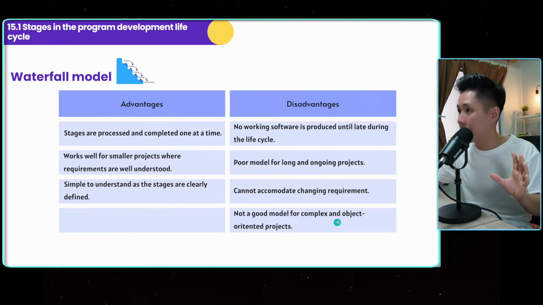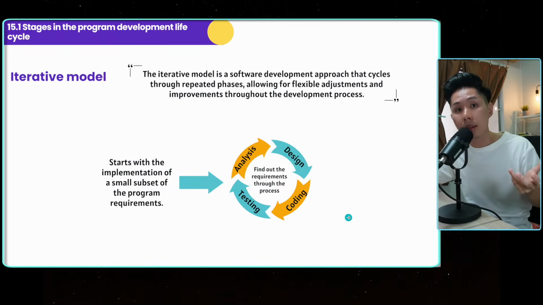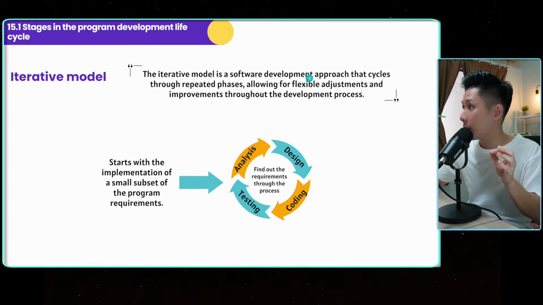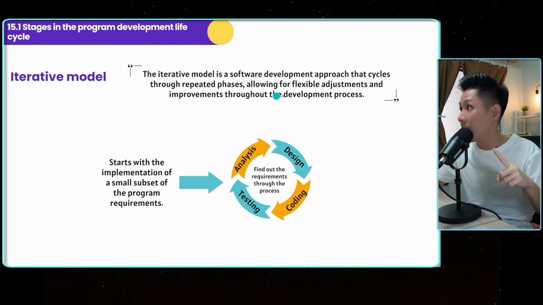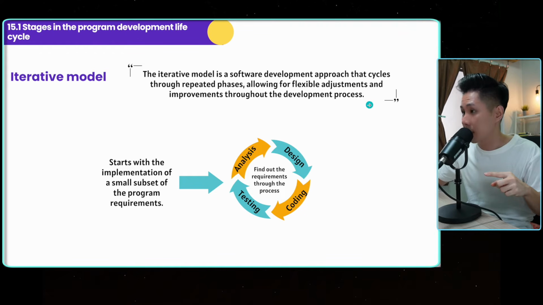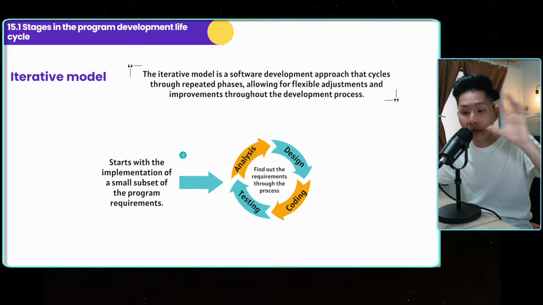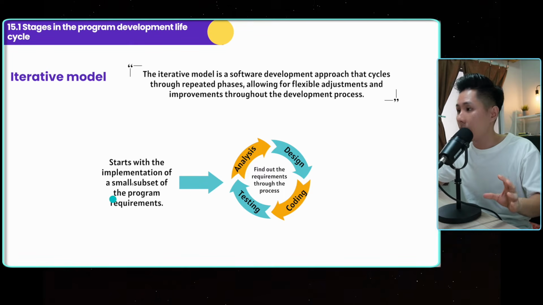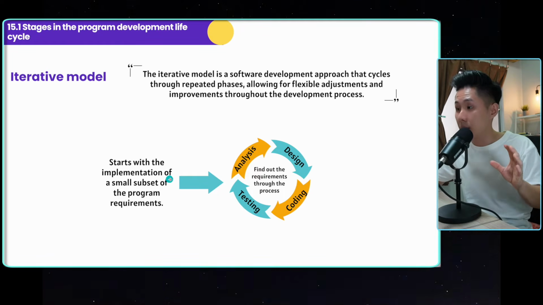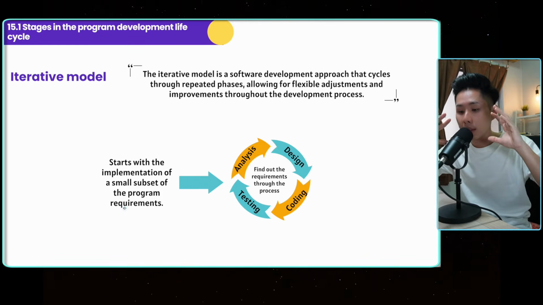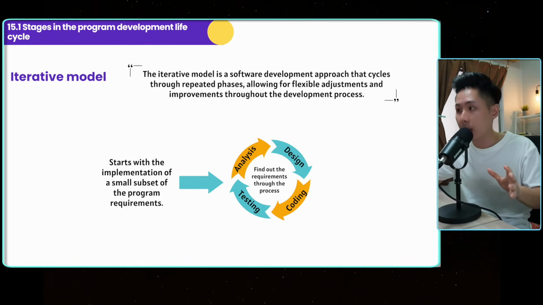This is what it says here. And an alternative to the waterfall model is what we call the iterative model. It is a software development approach that cycles through repeated phases, allowing for flexible adjustment and improvement throughout the development process. So how it works is that instead of figuring out everything about the software, the programmer will start with the implementation of a small subset of program requirements, meaning we create a smaller version of the software first, and